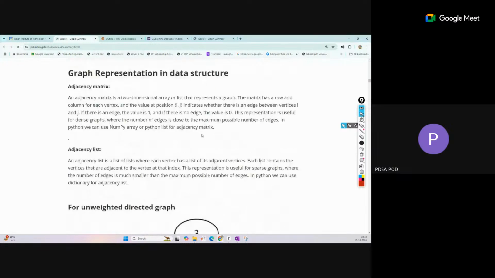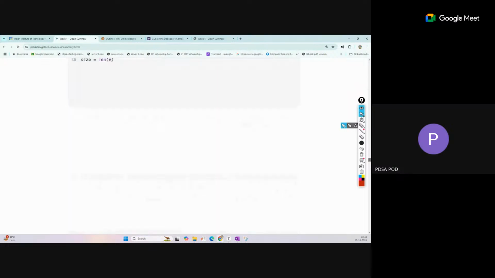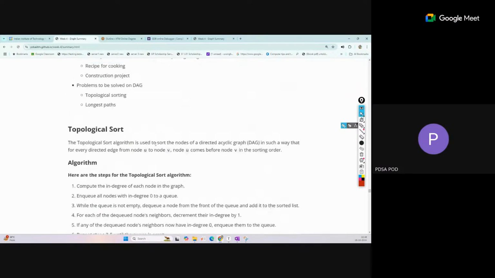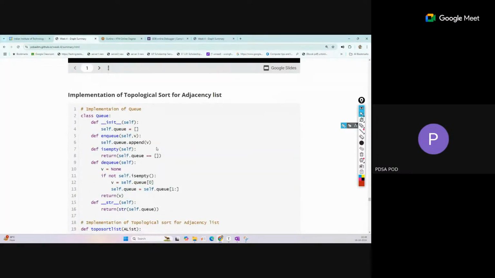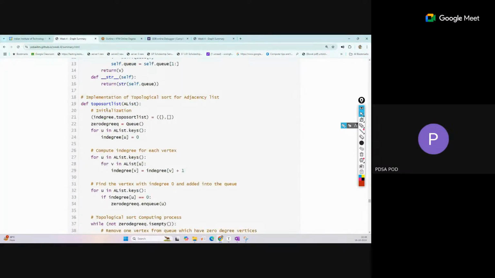So where you actually need to update that part is required. Topological sort. Okay, so this one algorithm, topological sort. What we actually do in the topological sort is we always maintain the in degree. Okay, in degree, and if any node has in degree 0, in degree 0 means there is no